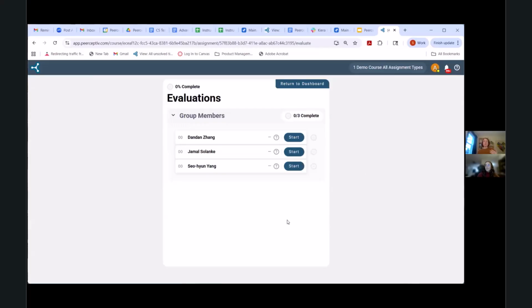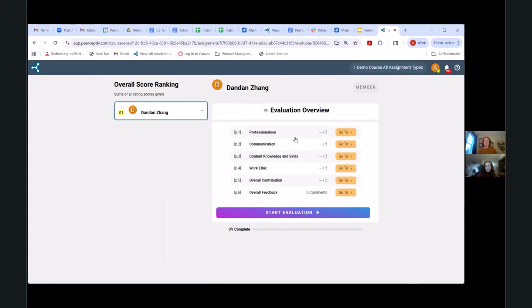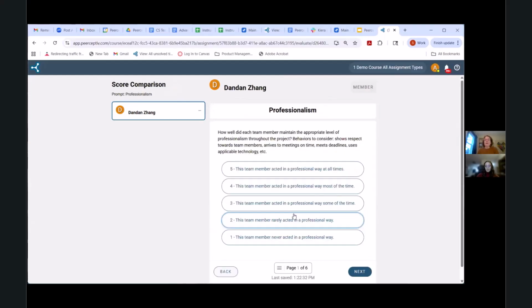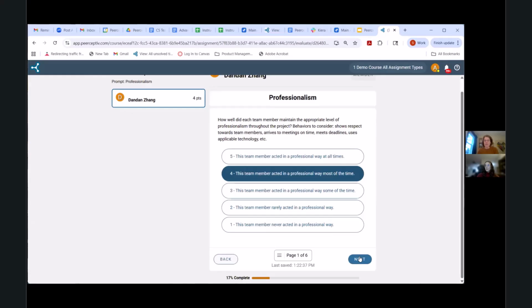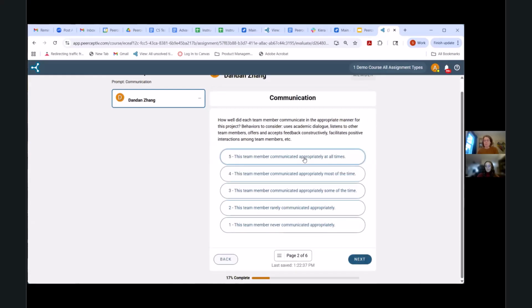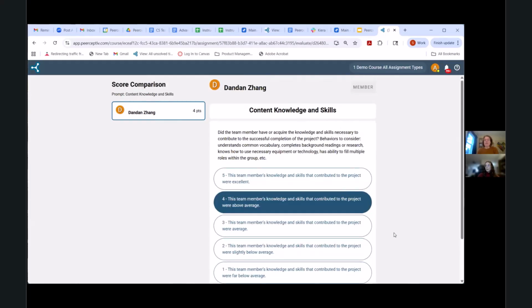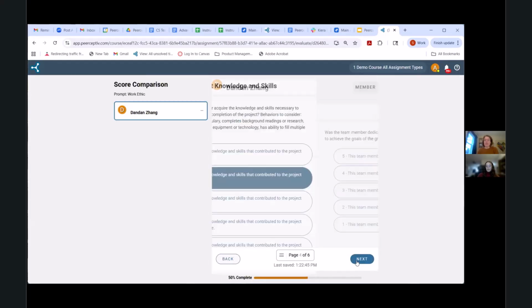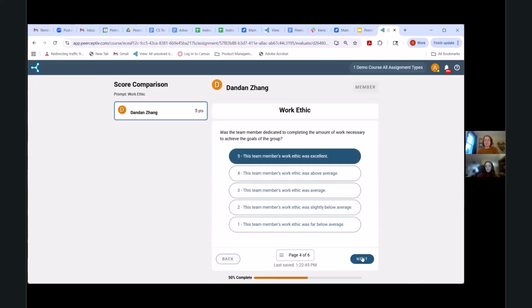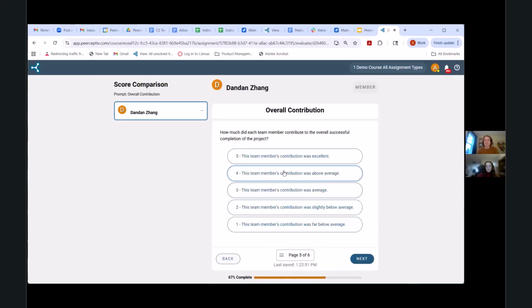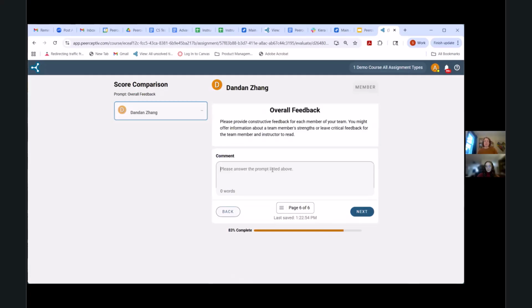And they're going to go through, they'll see their group members, they'll click start, and then they just go through the evaluation process for each of their group members. So pretty simple and straightforward. You will notice that I'm seeing the score pop up on the side here. That will be important when I do the next person because it provides a nice comparison between